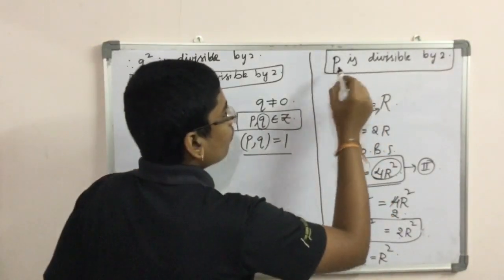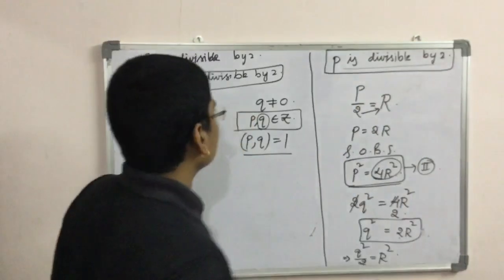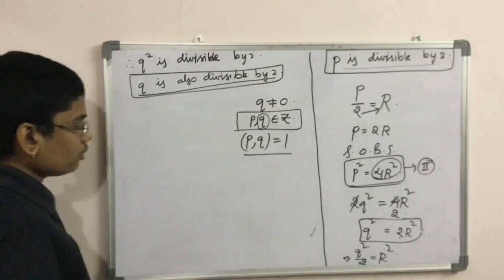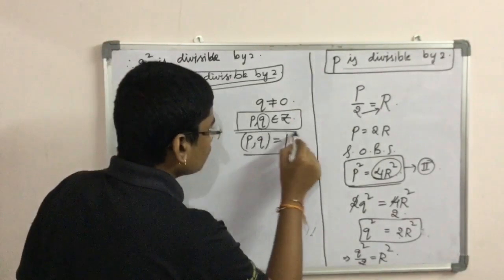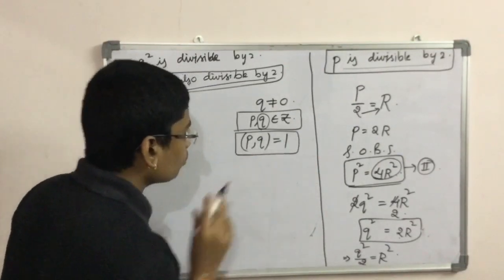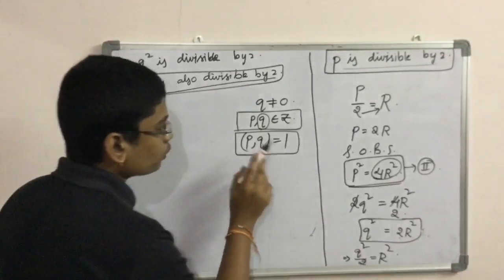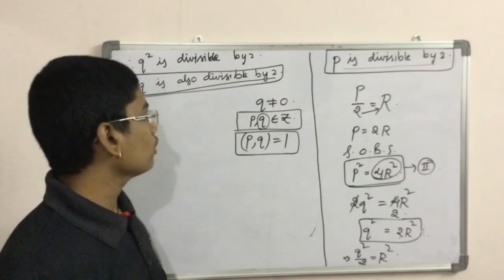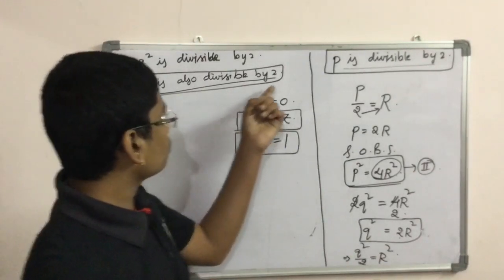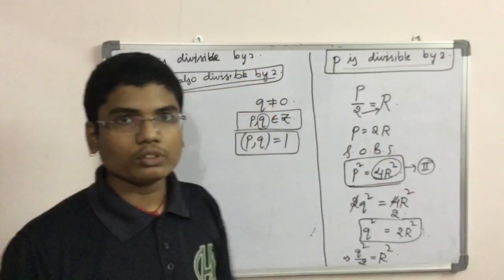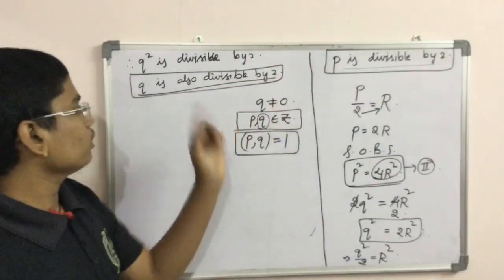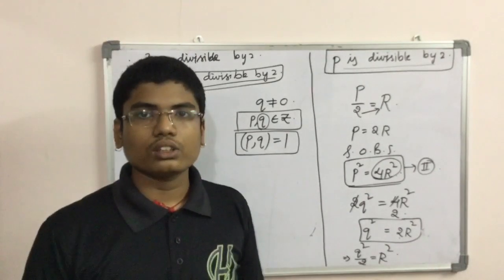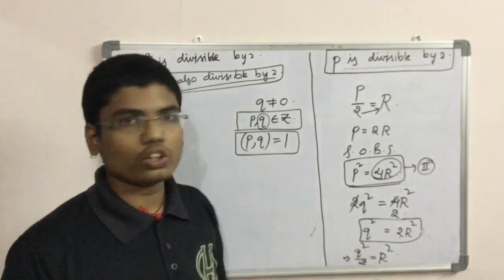And we got that p is divisible by 2. And we also got that q is also divisible by 2. Now, what was the condition that we have taken? Both p and q must be co-primes, means they should have common factor as 1. But we are having 2 also as another common factor for p and q, right? And so the assumed statement is wrong. Only then the condition is not satisfied.